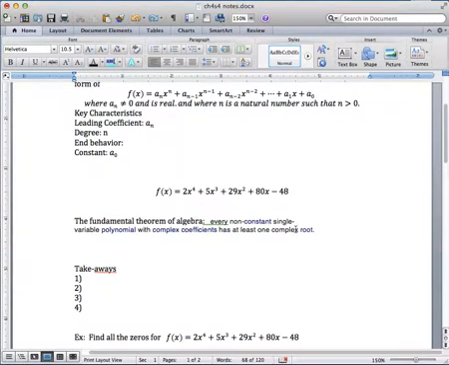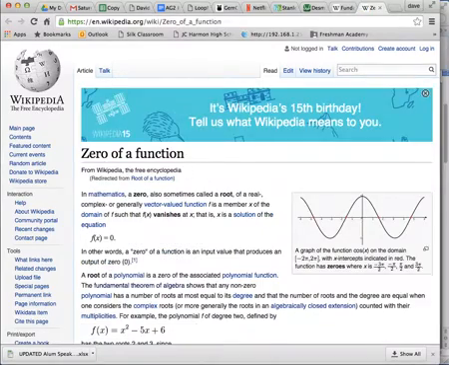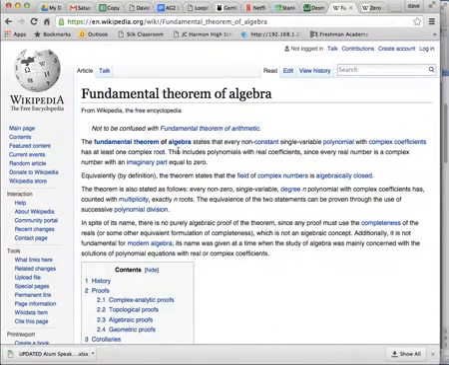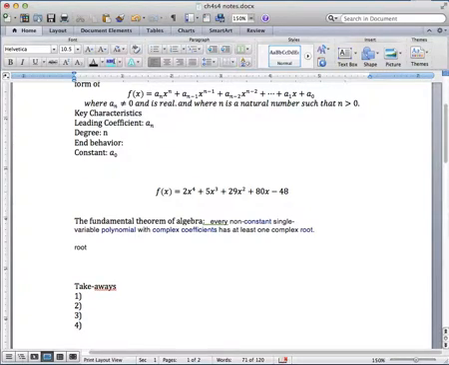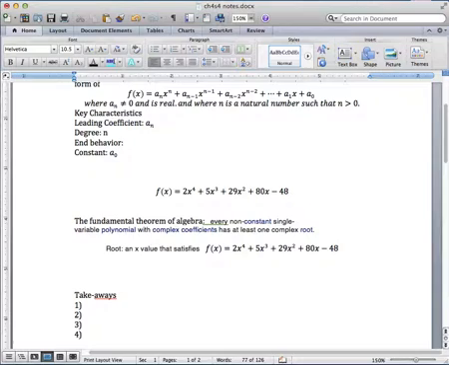It has at least one complex root. So this tells me that I have at least one. I could have more complex roots, but I have at least one complex root. So really, what is it saying about what the root is? Well, the root would be the same thing as an answer, right? The root is not an answer, but an x value that satisfies